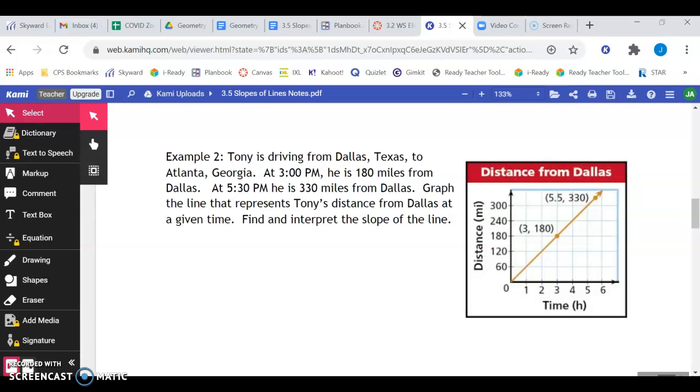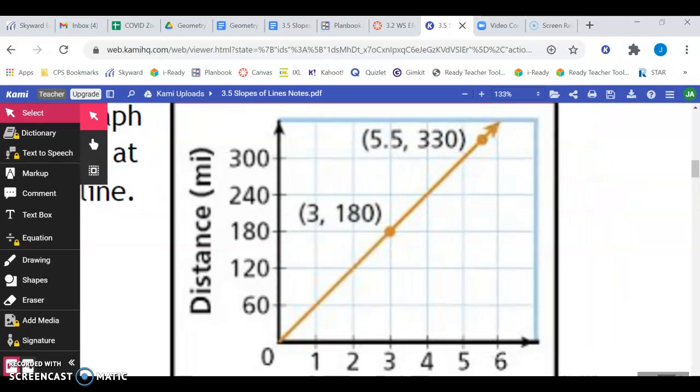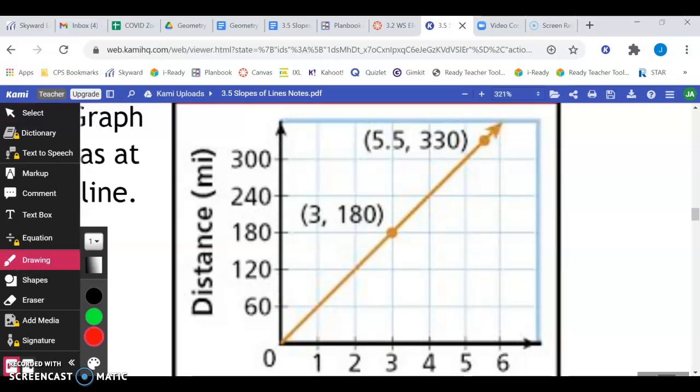So I can do rise over run since I already put the graph on here for you instead of taking the time to draw that out. We can do rise over run, or we can use the slope formula. But since we have a picture, let's do rise over run. So we're going to go up, and then we're going to have to go over. So my y value is 180, and I went up to 330. So that would be